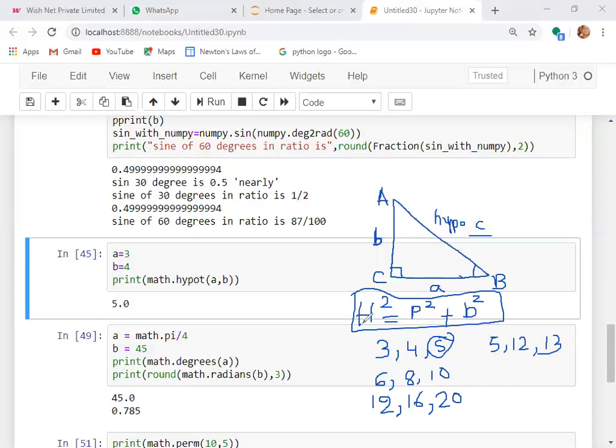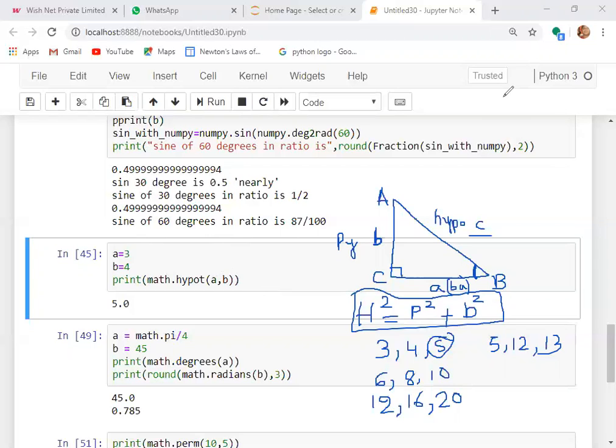But the basic way a Pythagorean triplet works is: hypotenuse square is equal to perpendicular square plus base square. So if you take capital B as the acute angle, then this small b is working as the perpendicular and A will be acting as the base. And always the hypotenuse is the largest side of the right angle triangle, so it is opposite to the 90 degree. So now you know that for 3, 4, the hypotenuse value is 5.